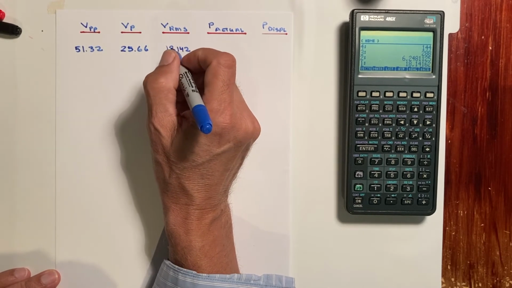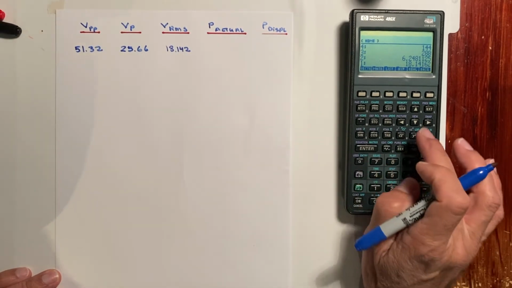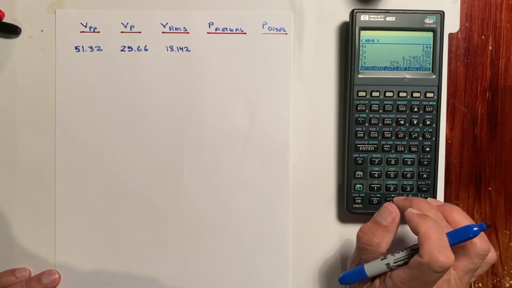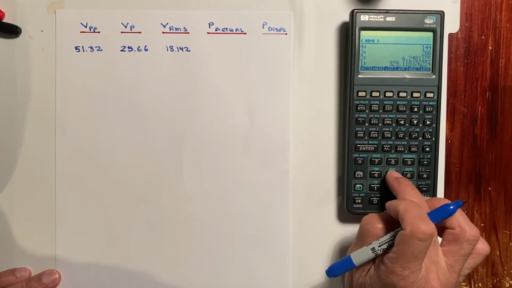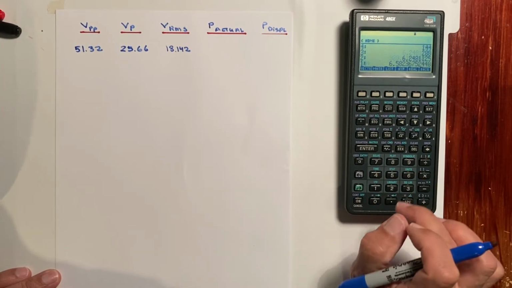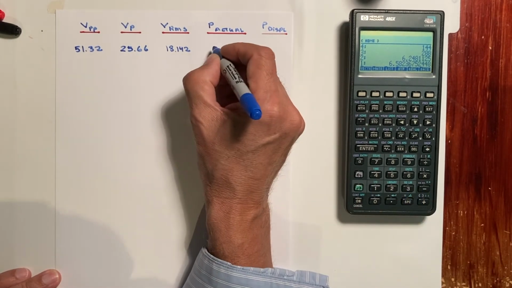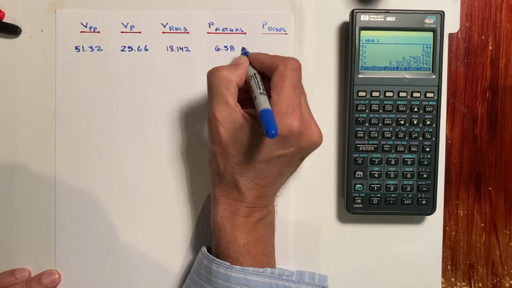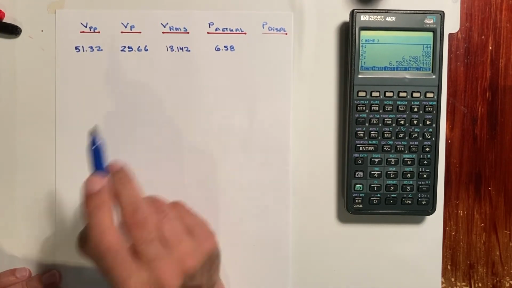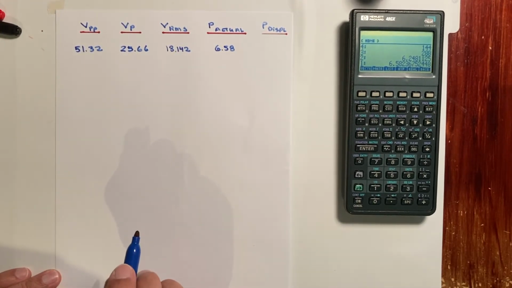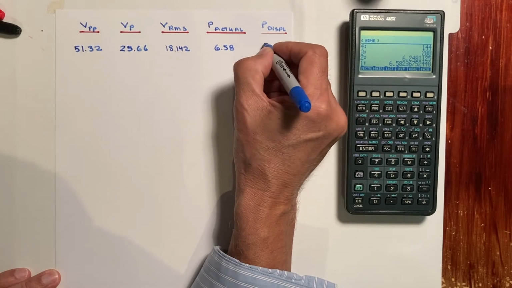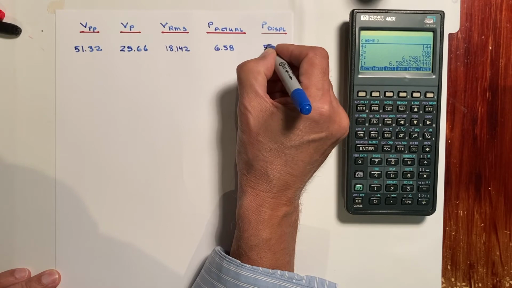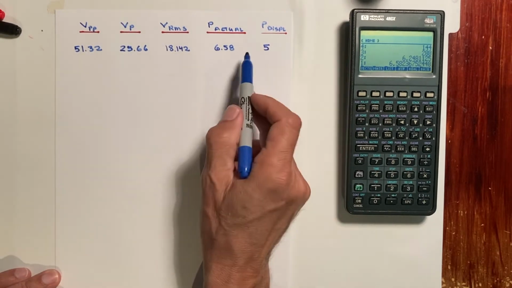Okay, and then that one we want to square. So we'll go ahead and do purple square. That's that number. And then divided by 50. That gives us an actual value of 6.58 watts. Again, we're not going to clutter up the display with units. However, notice that according to the Xiegu G90, the P display, the power displayed, was 5 watts. So a little bit higher than